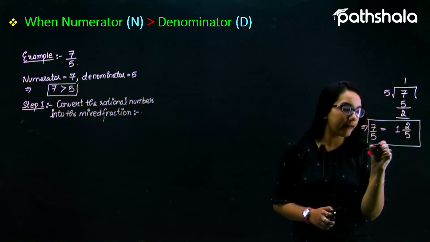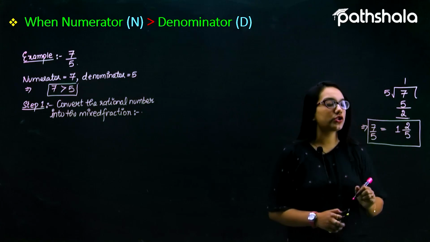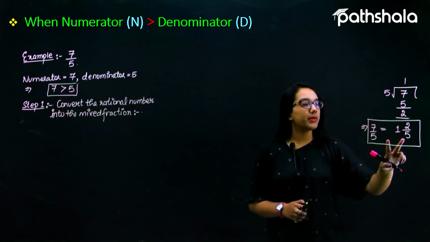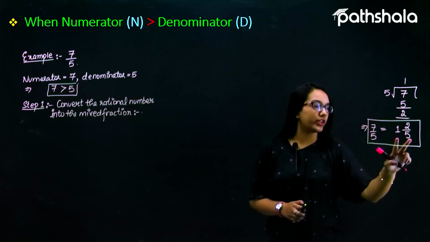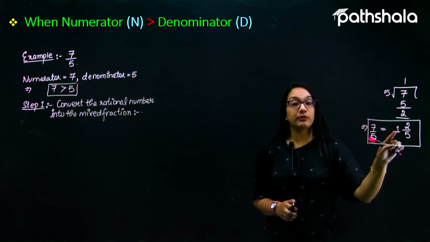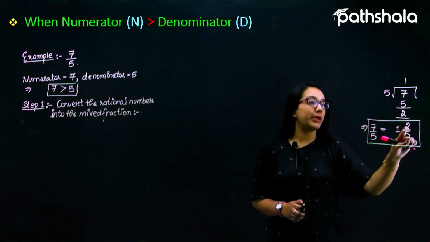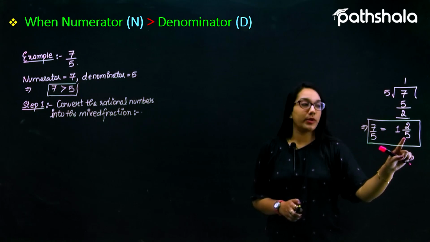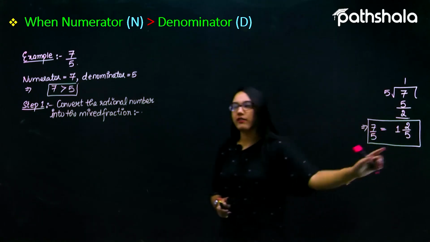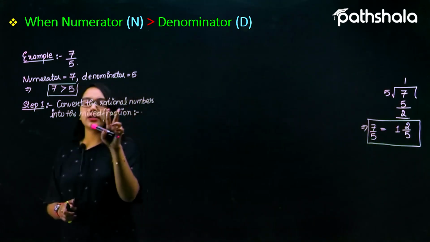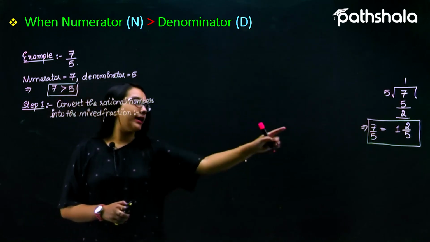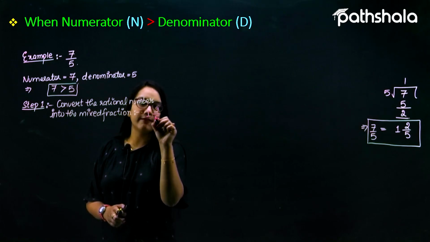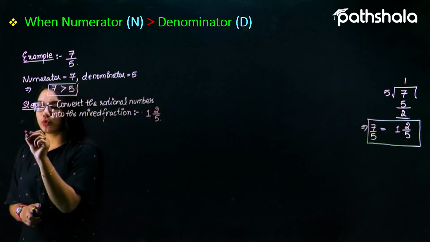First of all, we have to convert any rational number in which the numerator is greater than the denominator into the mixed fraction form, in which the quotient is 1 over here, the remainder is in the numerator and the divisor in the denominator. So this is my mixed fraction of 7 by 5. So convert the rational number into the mixed fraction, and the mixed fraction of 7 by 5 is 1, 2 by 5. Now step number 2 is